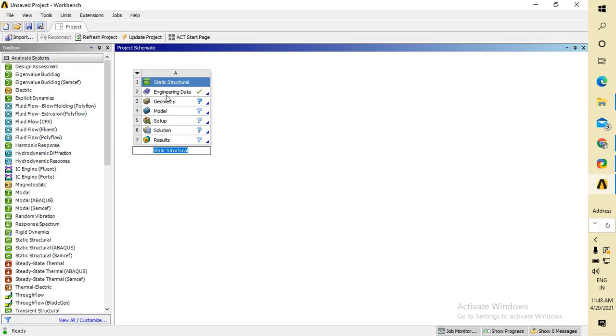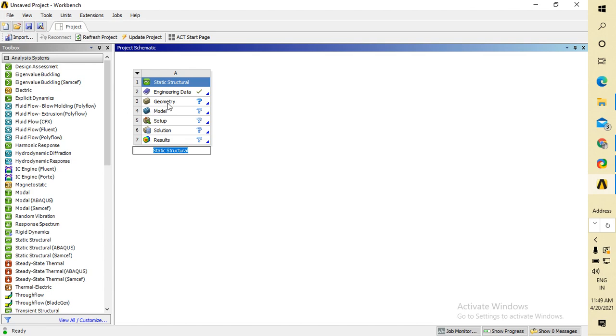There are engineering data, geometry, model, setup, solution, and results. First of all, you have to set the data, what your unit is and what the material is, and then you have to select the geometry and then model it. The model means after you import your body, the one you want to simulate.